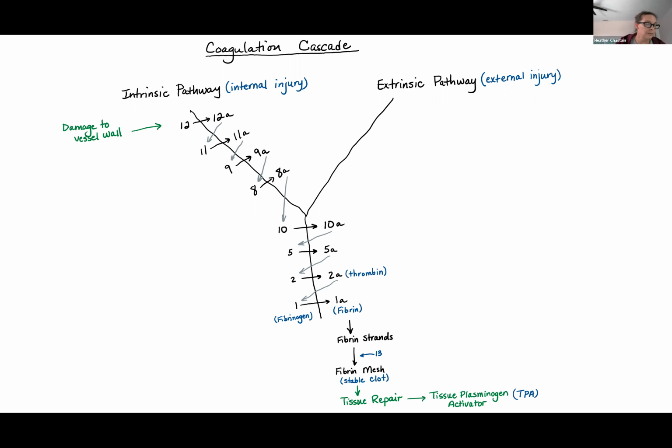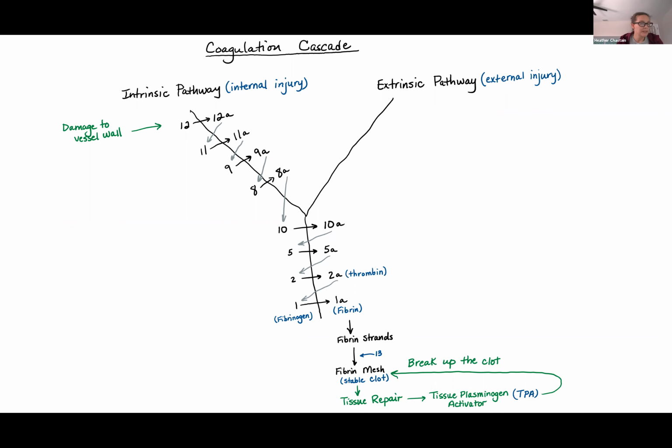Okay, and what TPA does is it will go back to this clot and start breaking up the clot, okay? Because you can't keep the clot in there forever, right? You just want it in there long enough to repair the tissue that's underneath, and then your body's going to